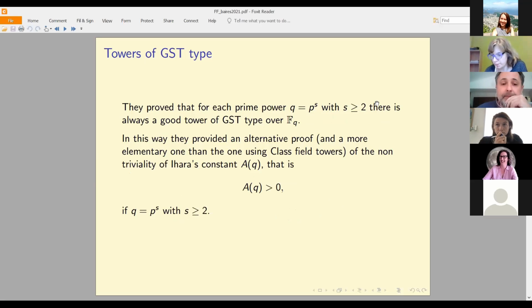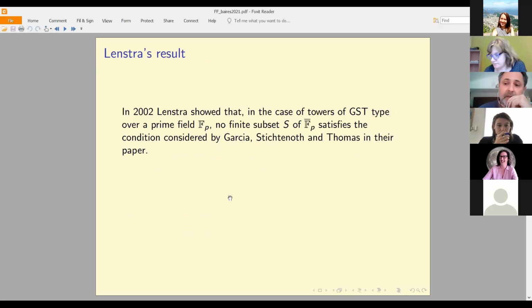So, in this way, they give an alternative proof of the non-triviality of the Hasse-Weil constant, but for a finite field of this cardinality. So what about prime fields? Well, several years later, Lenstra proved that you cannot find a tower of the GS type with good asymptotic